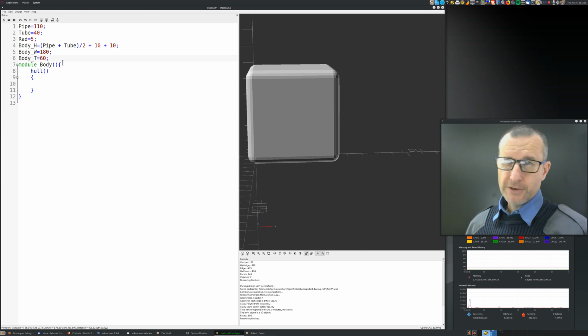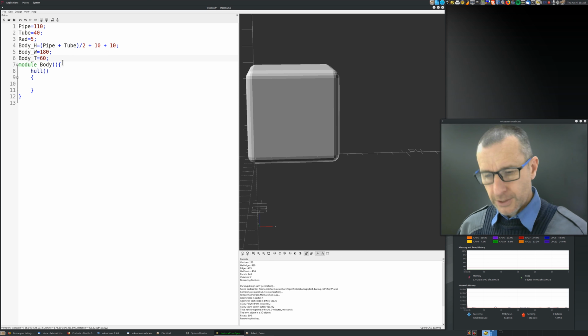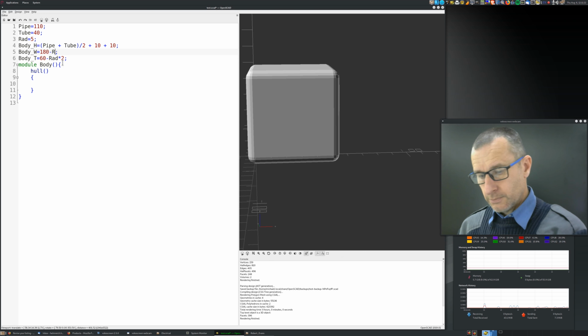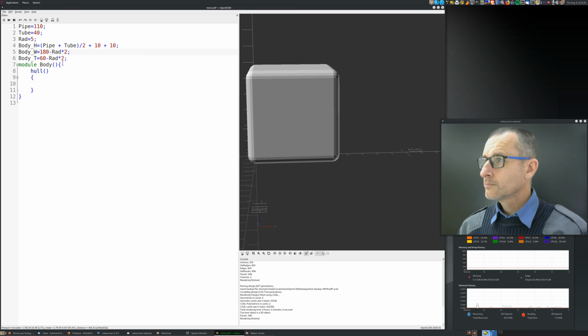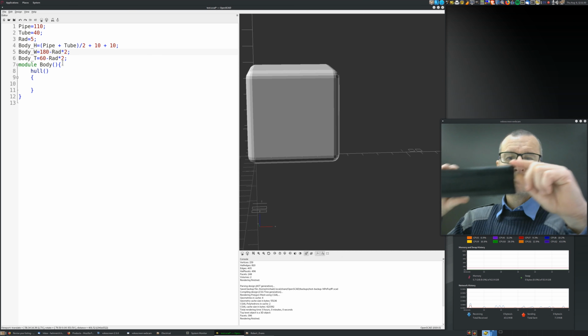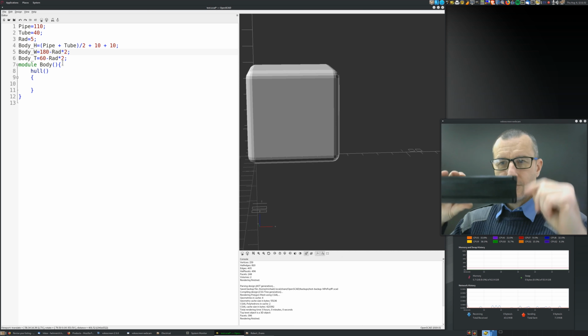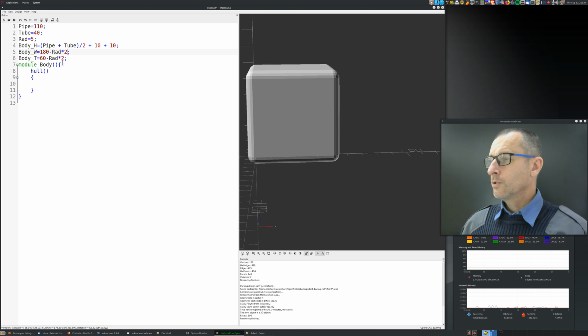Now that's the final size, so we really have to take off the radius twice. So it's minus rad times 2. Minus rad times 2. So that'll give us our size less that radius top and bottom, or left and right, whichever way we're looking at it. Okay, so if I do that, right,